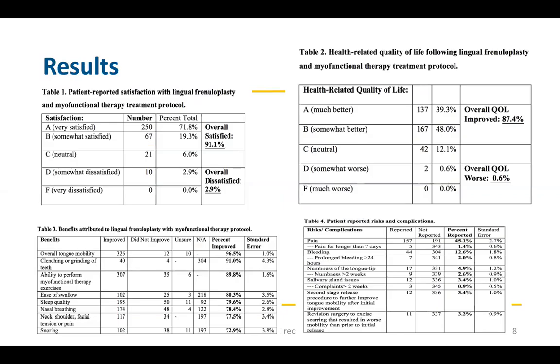Here are 4 tables outlining the results of our study. All in all, the results showed high rates of patient satisfaction and treatment success associated with low risk of minor complications. In Table 1, 91.1% of patients surveyed reported satisfaction with their lingual frenuloplasty and myofunctional therapy treatment protocol. In Table 2, 87.4% of patients reported improved quality of life